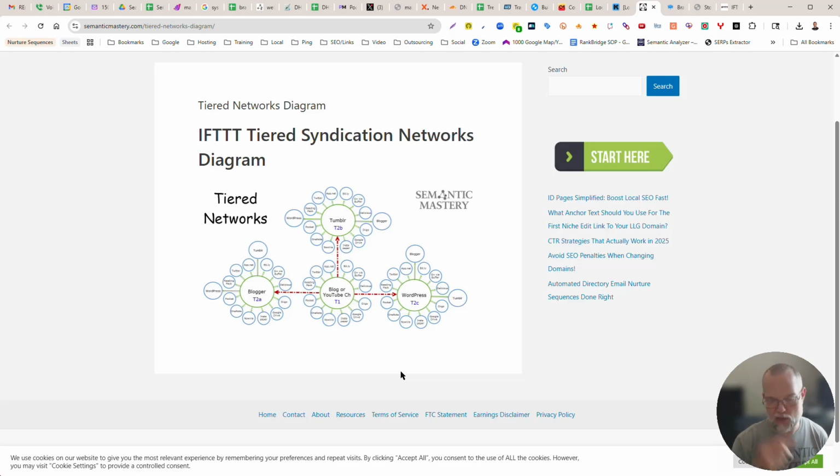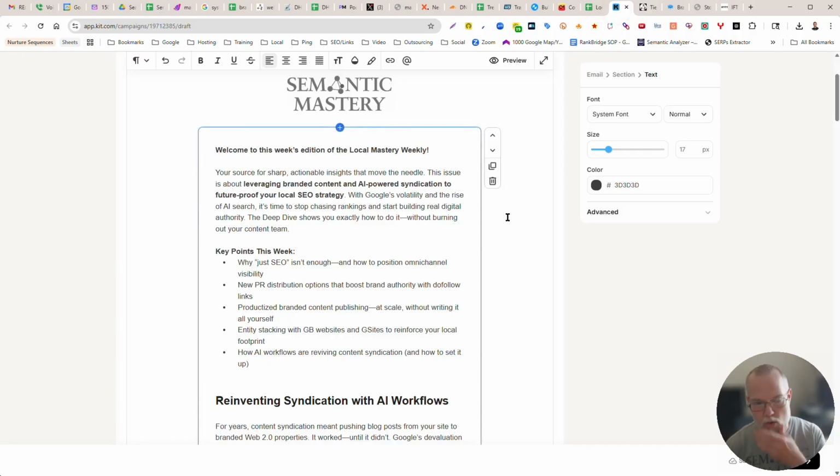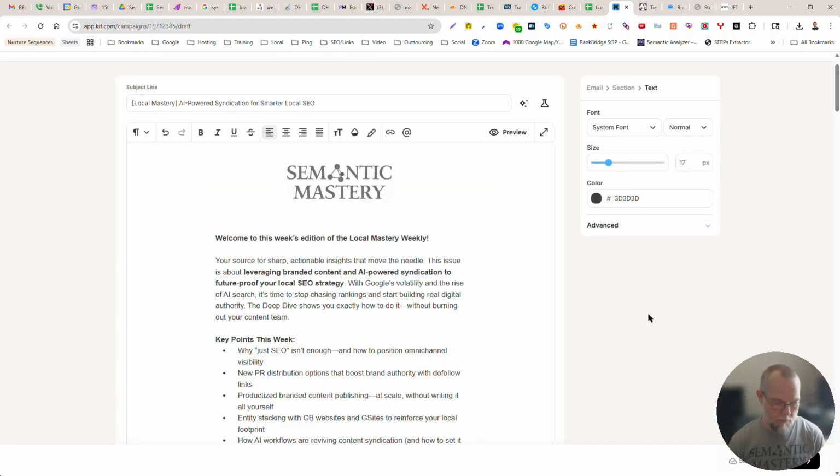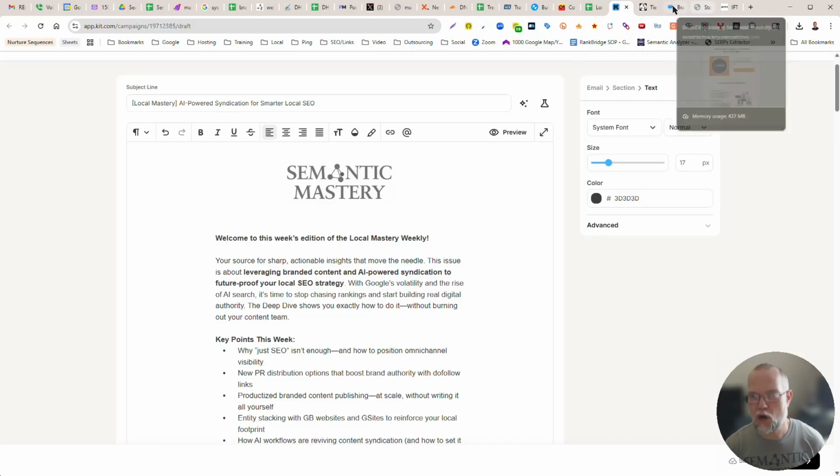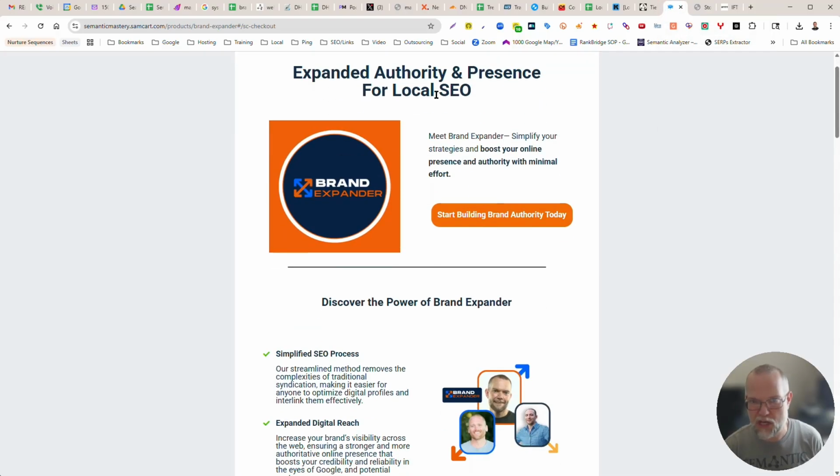Well, that changed, because over time that had a waning, declining effect. It didn't perform nearly as well. And so I got away from doing syndication because it really wasn't producing the effect, this is 4 or 5 years ago now. It really stopped producing the type of effect that it had for so long. So instead, we took the syndication component out of it and called it Brand Expander.